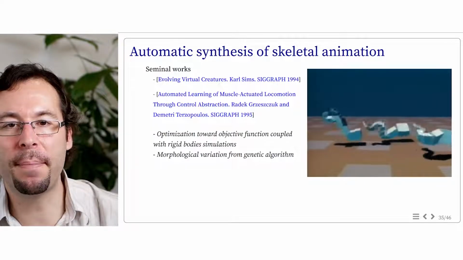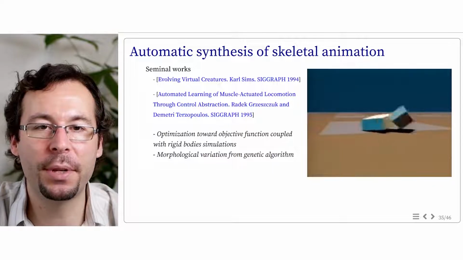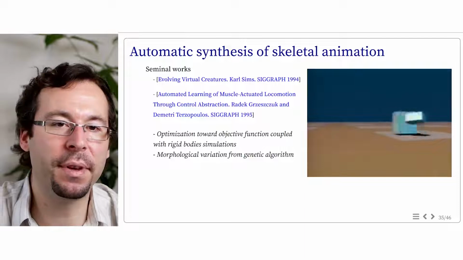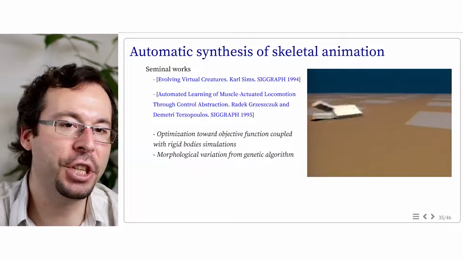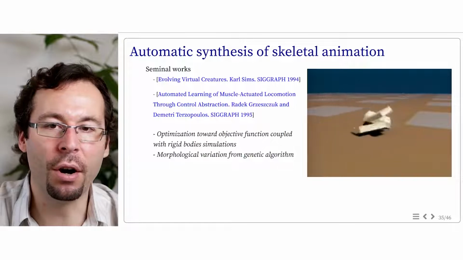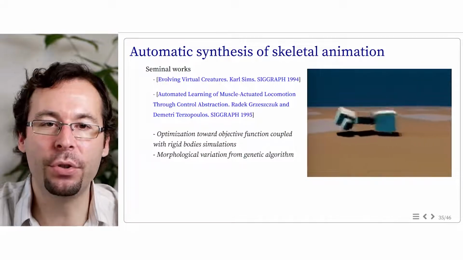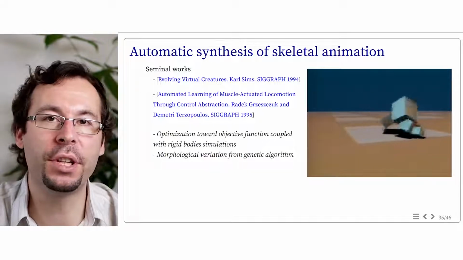These creatures were made of pieces of rigid bodies that interact with the environment using a simulator, and the motion sequence activating the muscles is found by optimizing an objective function, like reaching some goal first or moving as far as possible. Note that at that time, reproducing these results was very hard due to the limitation of computational power.